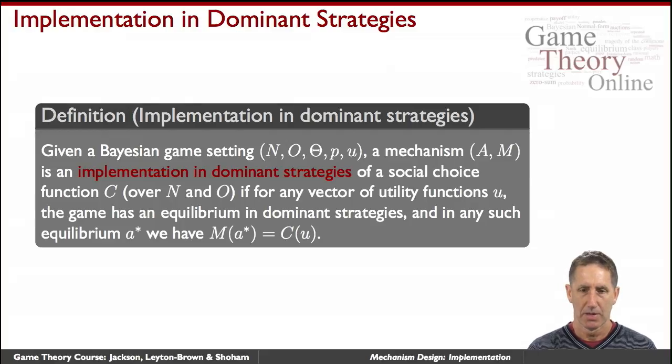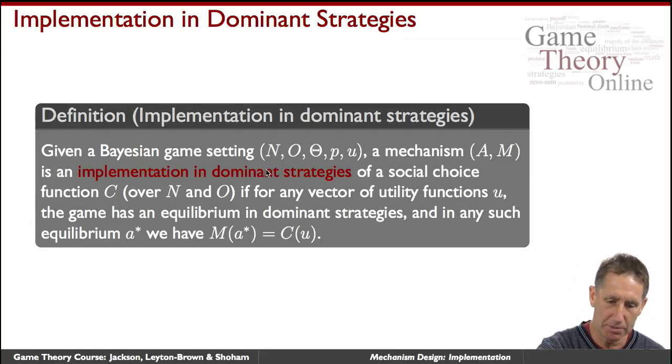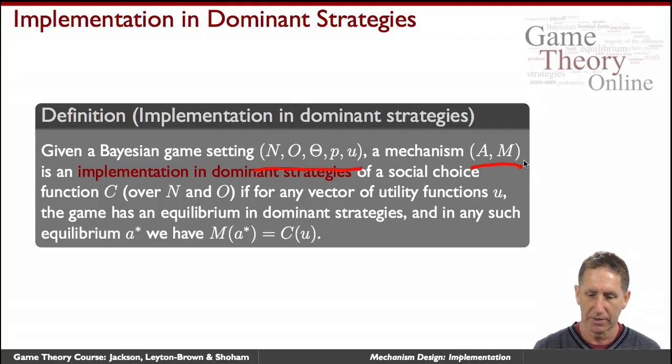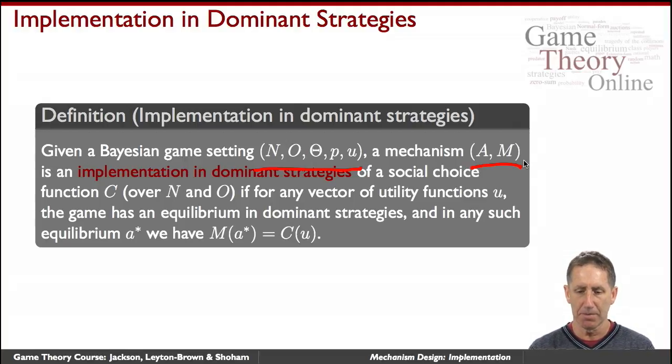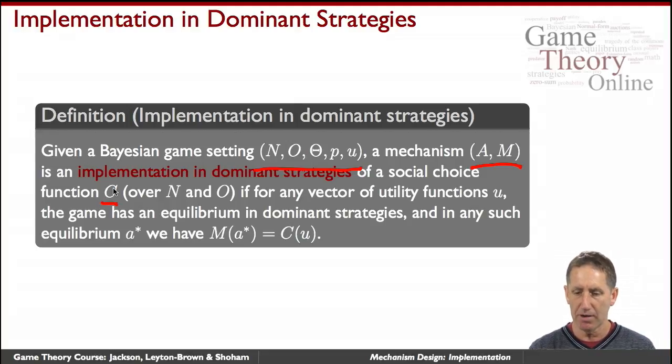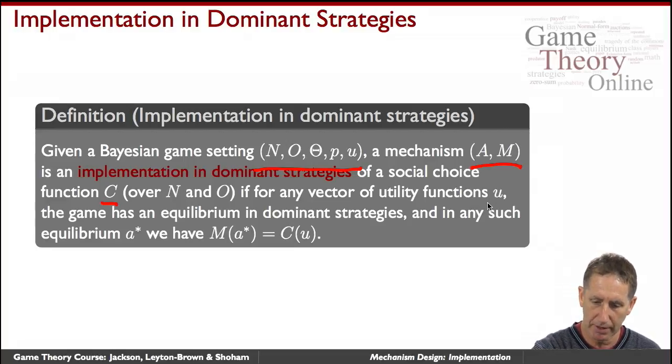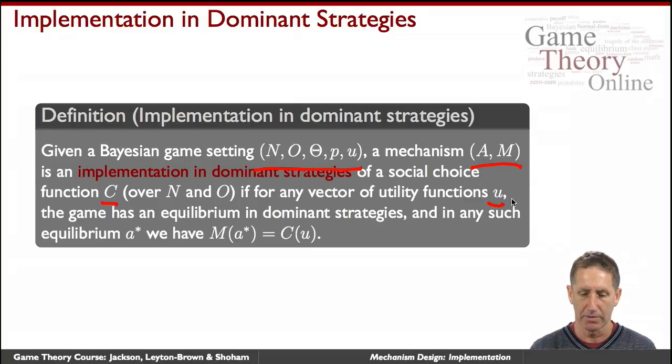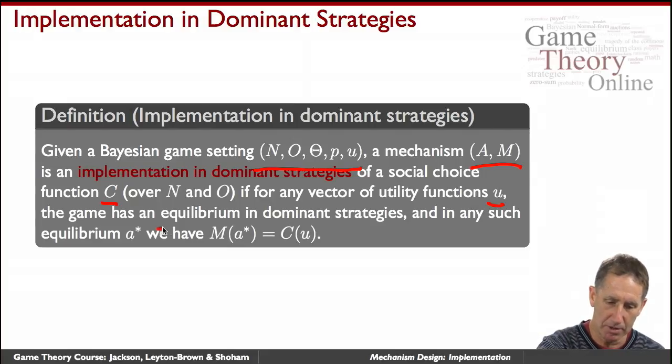Well, let's assume we start with a Bayesian game setting and we add to it a mechanism, and we'll say that that mechanism implements a social choice function, C, in dominant strategy, if it's the case that take any utility function for the agent, any vector U of utility functions, one for each of the agents, if the game has an equilibrium in dominant strategies,